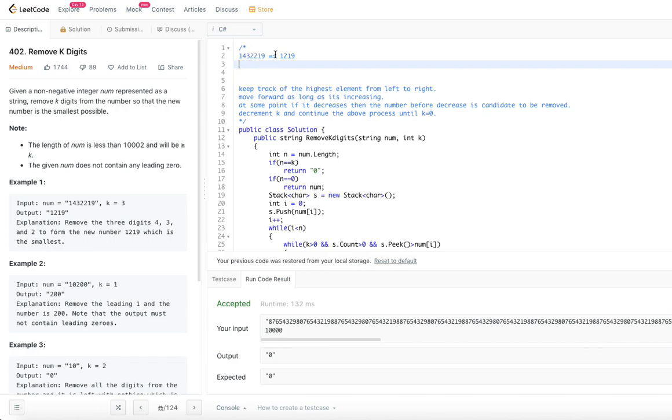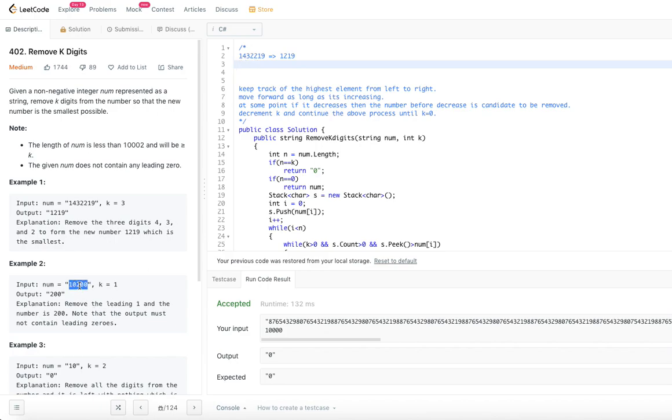What does that mean? We removed how many digits from here? 4 is removed, 3 is removed, 2 is removed, like that. So basically we need to work on an algorithm such that k digits are removed from the given number string. This is one kind of example.